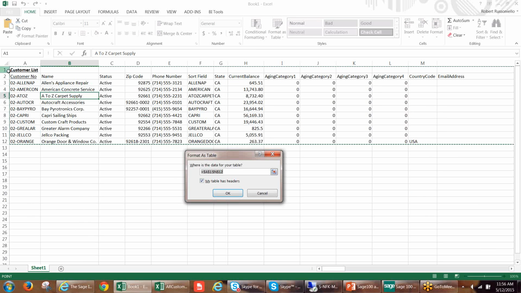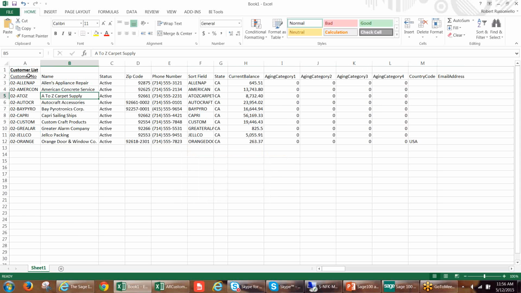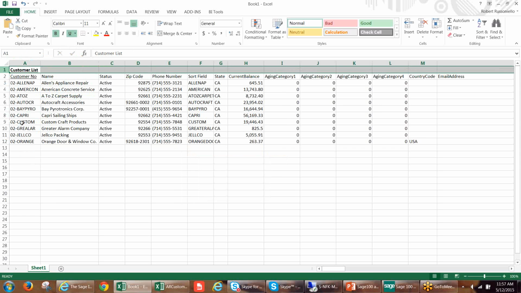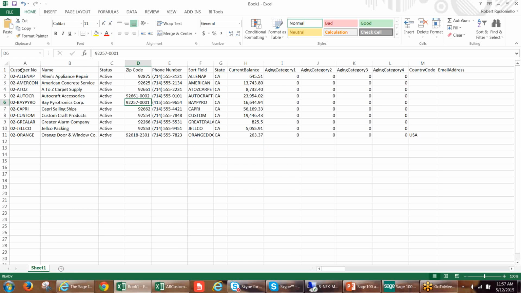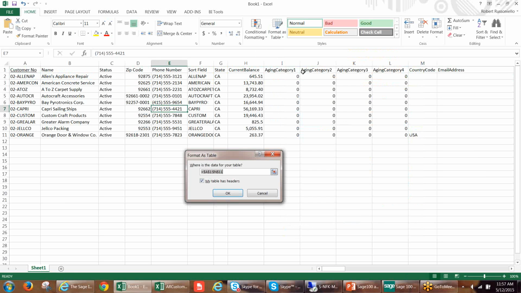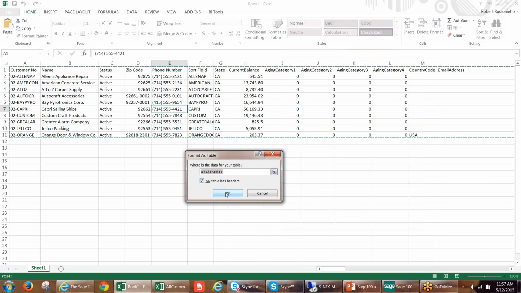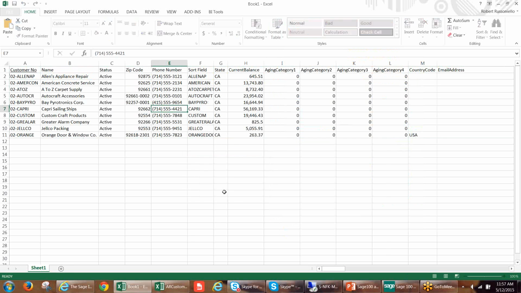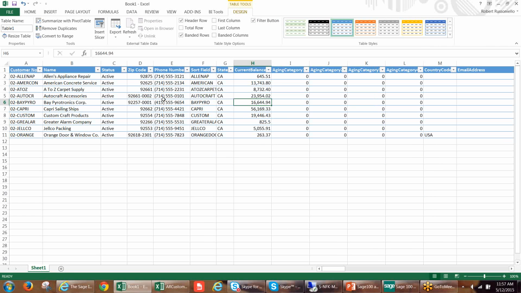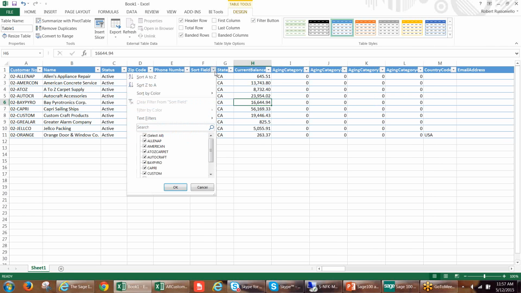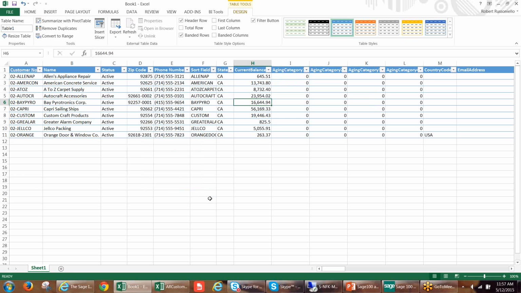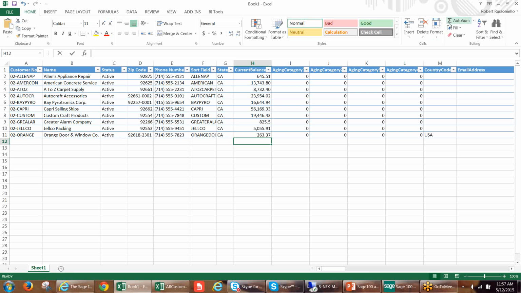Now, it actually gave me A1. I probably don't want to do A1. But everything else, I have headers on here. So I can do Format as a Table. Click on my table has headers. And now I have essentially a table, much like I do with a database query, that I can filter, use